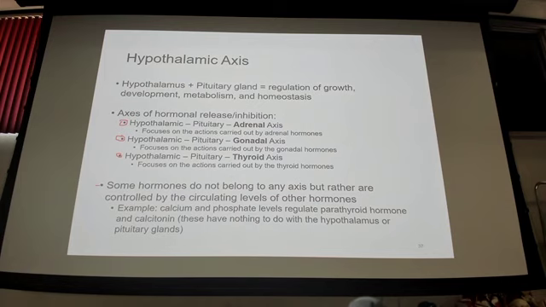So confirming, it's always hypothalamus, pituitary, for every hormone released in the body? No, that's what the bottom part is. Some of them have their own. If a hypothalamus makes a hormone, it's either going to be stored in the pituitary or it's going to tell the pituitary to make something else. So hypothalamus, pituitary, but there are hormones that aren't part of any axis whatsoever.